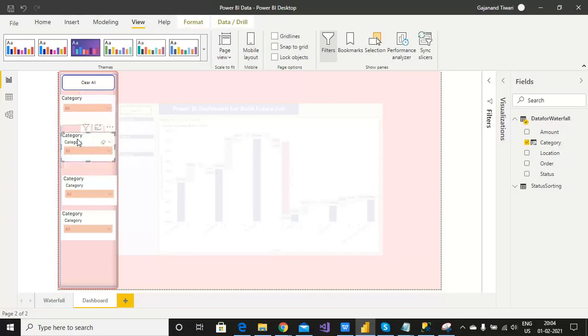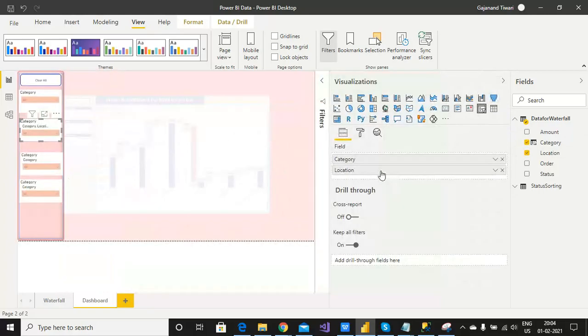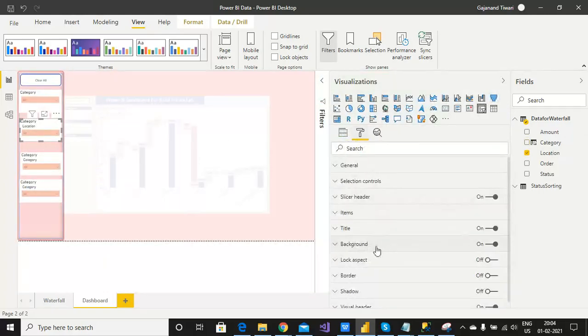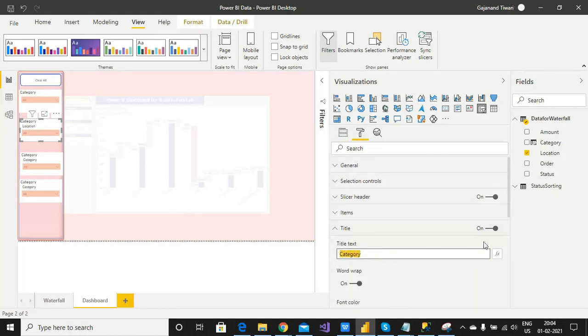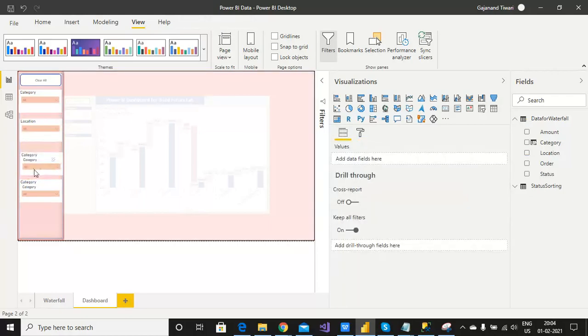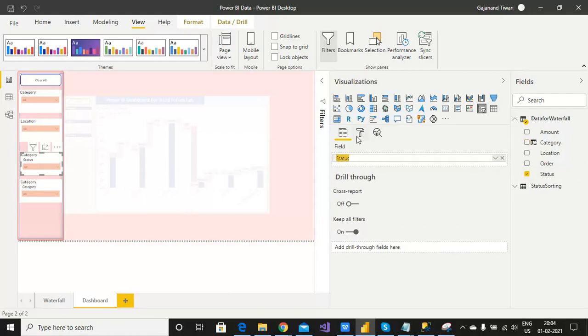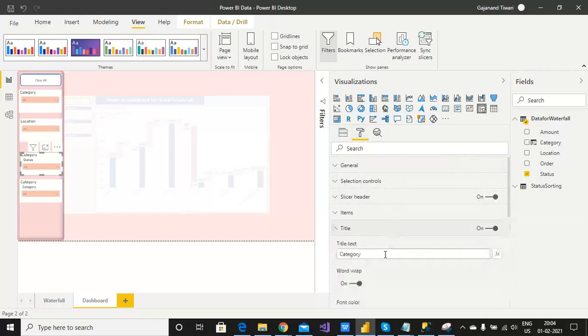Now I wanted to change the location here. So in the visualization pane, copy this and try to close it. Coming to location. Let's talk about the order status. So I remove it, copy it, and go to the order status slicer.